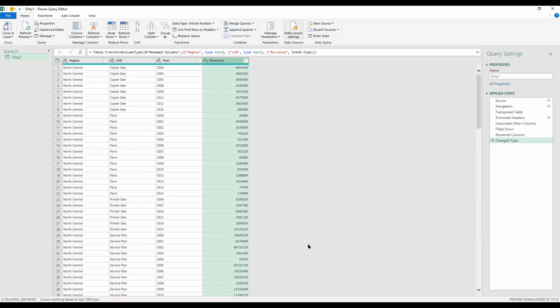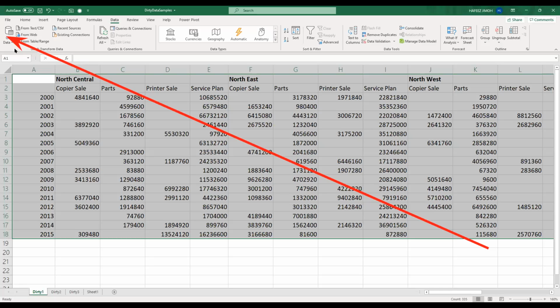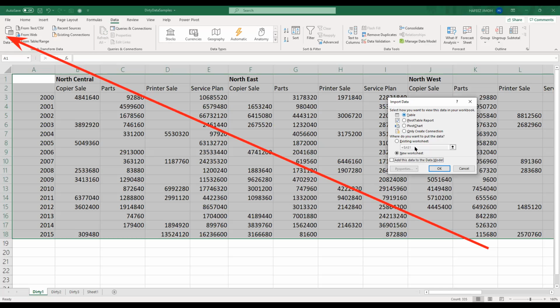So after doing that, in my top left corner, look up, I'm going to have close and load. I click on it. Can you see close and load first, and close and load to? Please click on close and load to, not close and load. So now we want to load to a table. You can load to a new worksheet. I want it to be a table. I can create a connection, but a pivot table report. Let us just load it to a